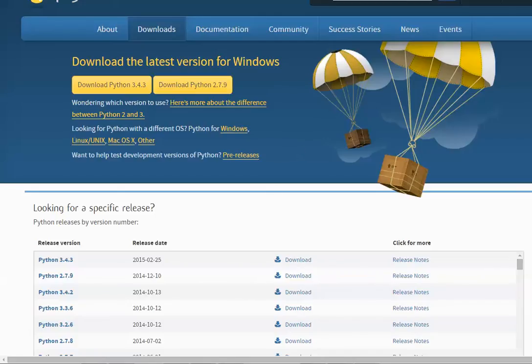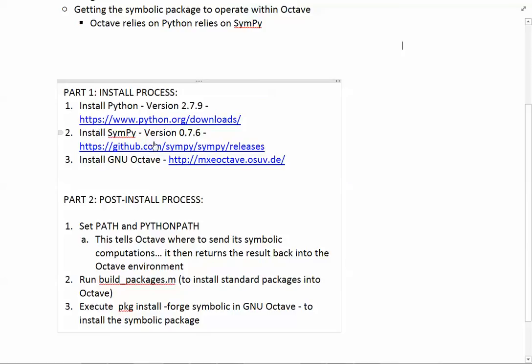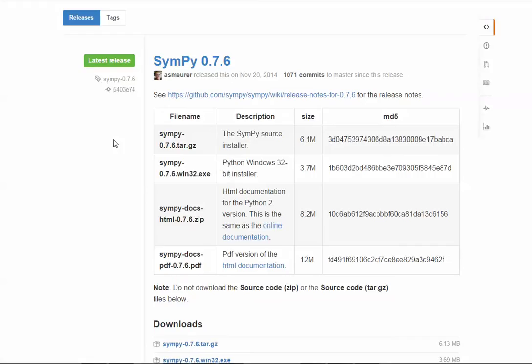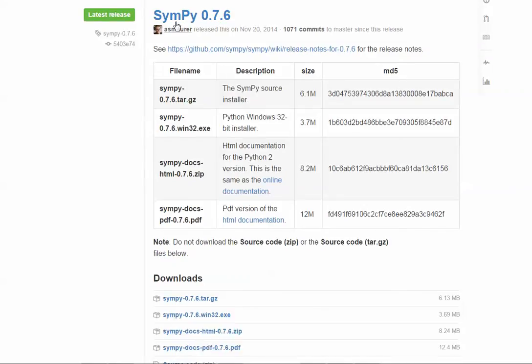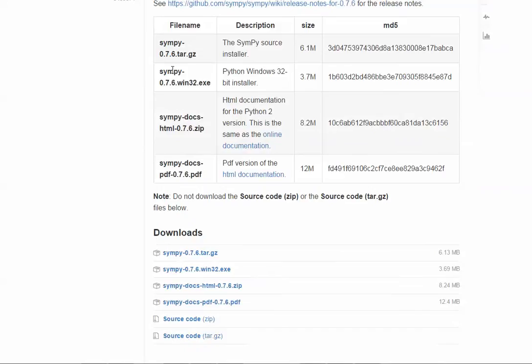So the next step in our process will be to install SymPy. So we're going to install version 0.7.6. And so we'll click on that link, and that will take us to the SymPy website. This will look somewhat intimidating at first. You'll have tar.gz, these source installer files, but just from 0.7.6 we're going to scroll down and go to the